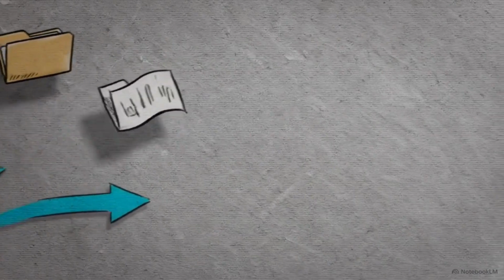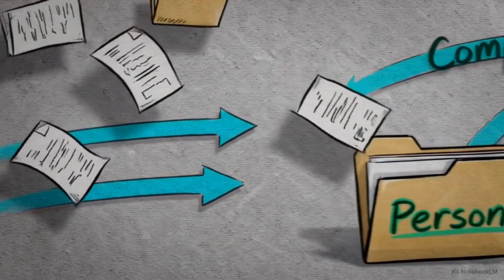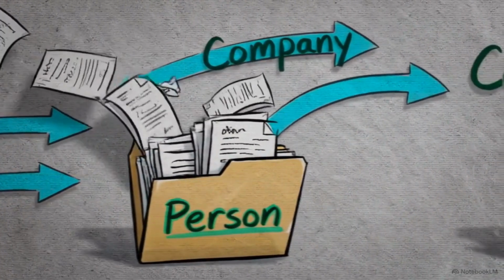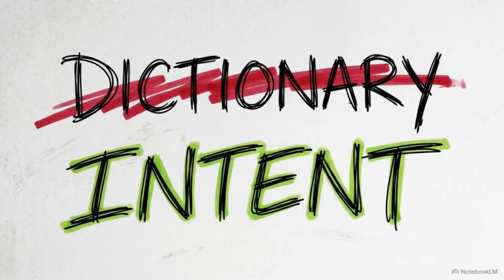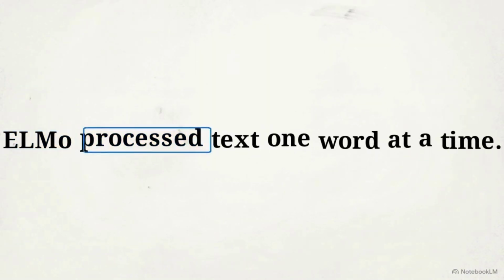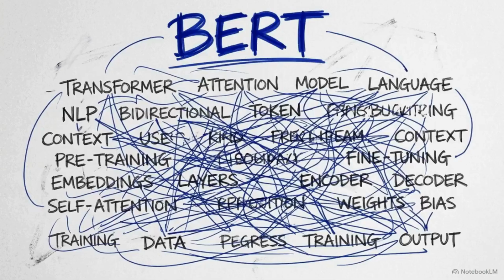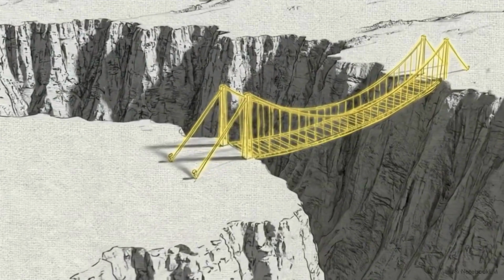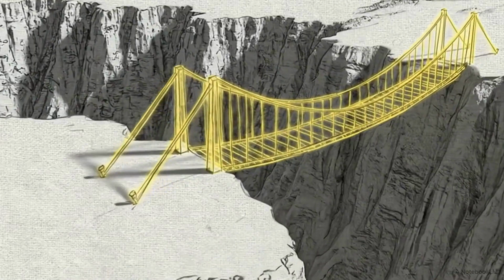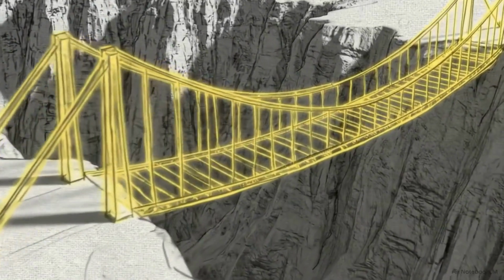By removing this confusion, ELMo allowed AI to make accurate decisions based on what a person actually means, rather than just the words they used. While revolutionary, ELMo used an older memory system that processed text one word at a time. This was slow and sometimes struggled to connect ideas across very long paragraphs. That paved the way for newer systems like BERT, which use attention to look at every word in a sentence simultaneously. ELMo was the crucial bridge that moved the industry from simple dictionary lookups to understanding sentences as a whole.